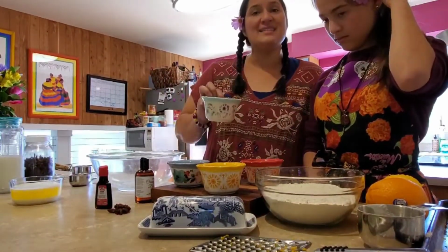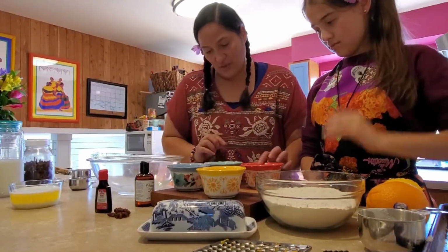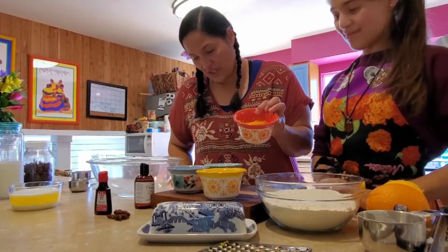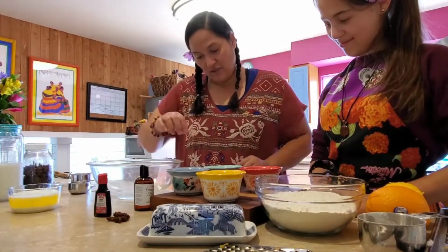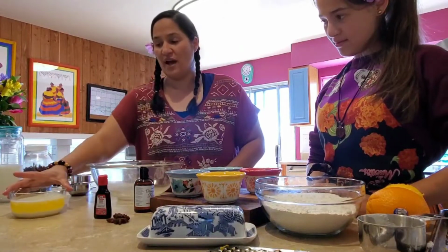These are 2 eggs that were beaten from our chickens, and 2 teaspoons of orange zest, and then another 2 tablespoons of white sugar. So the first thing you want to do is go ahead and heat your butter and